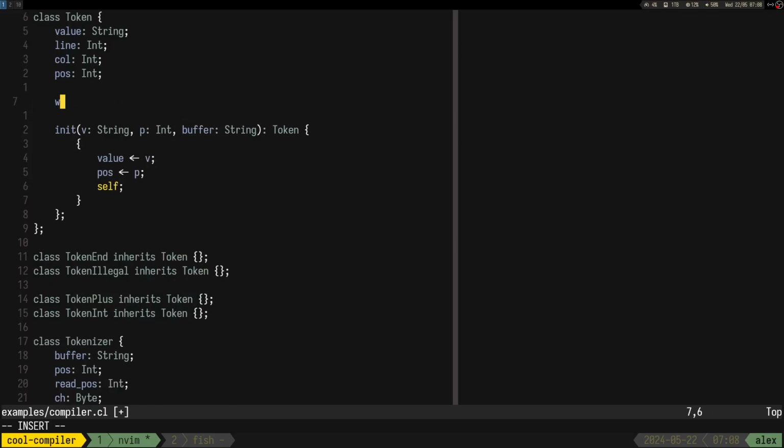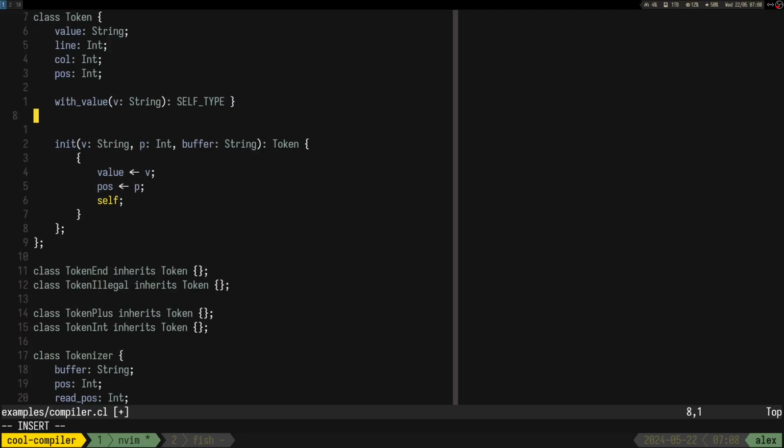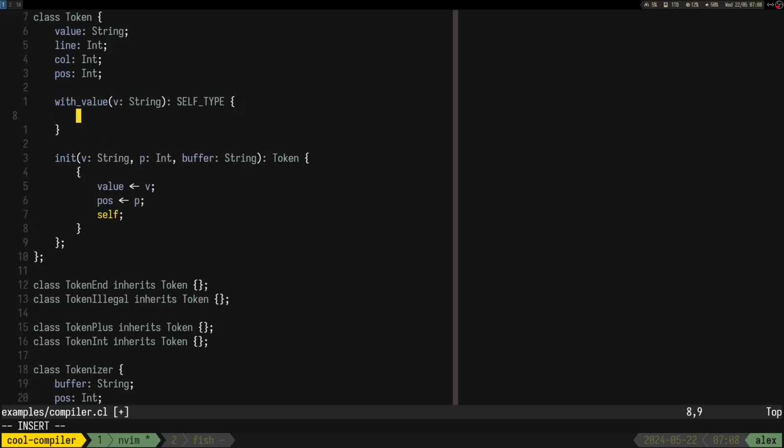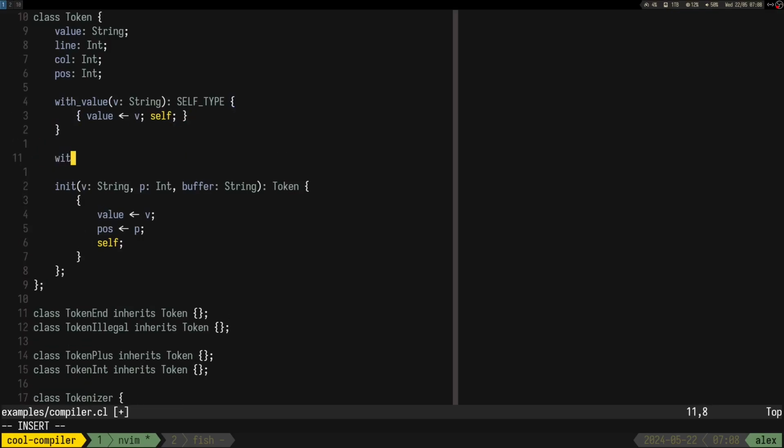But I can make something like with value, right, with value, and this is gonna be value is equal to v and then self, with position p.